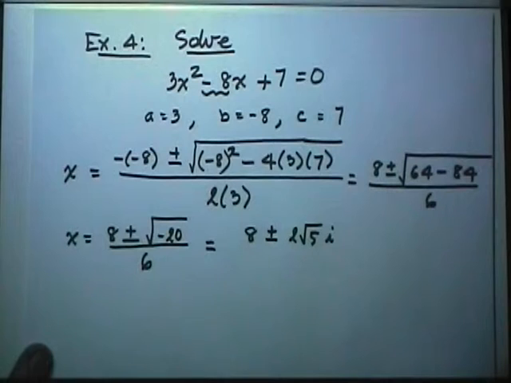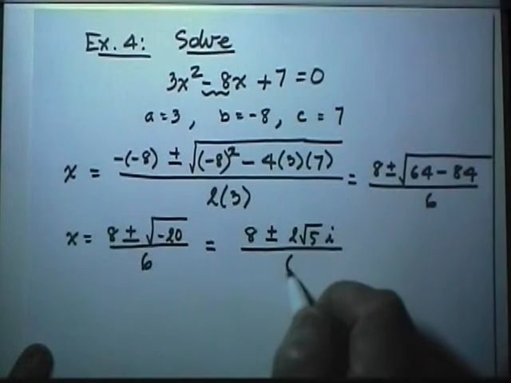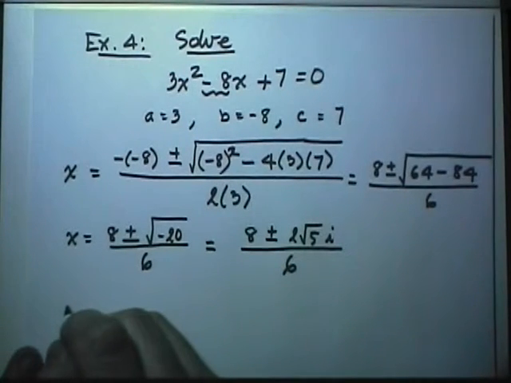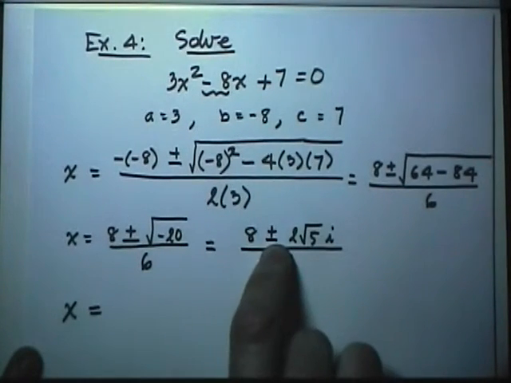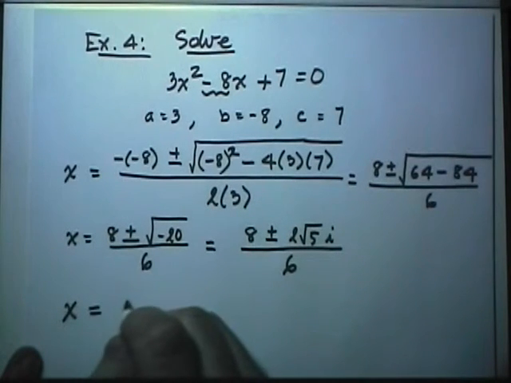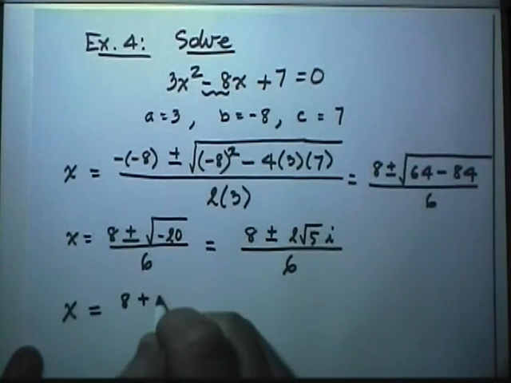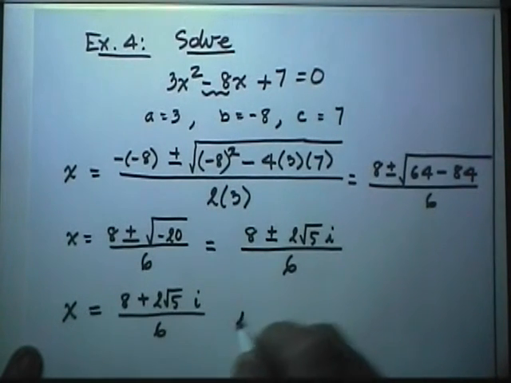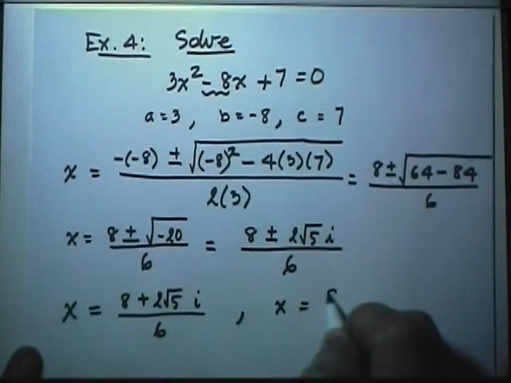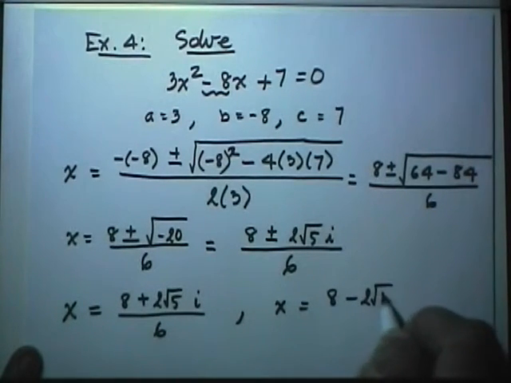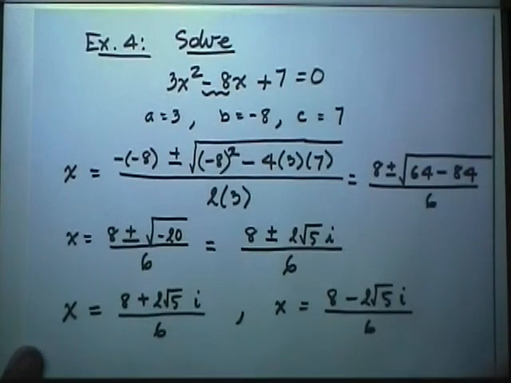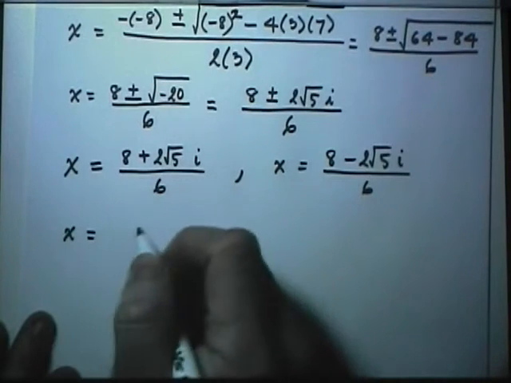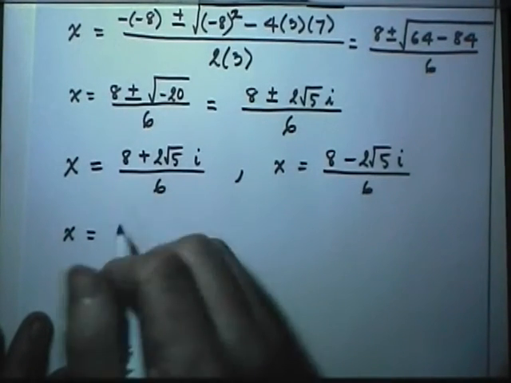Everybody with me now? Okay? And then divided by 6. So now what that notation, the plus and minus sign, means is you can do x equals 8 plus 2 square root 5i divided by 6, and the other solution for x is going to be 8 minus 2 square root 5i over 6. And then all that turns out to be one solution of yours is x equals